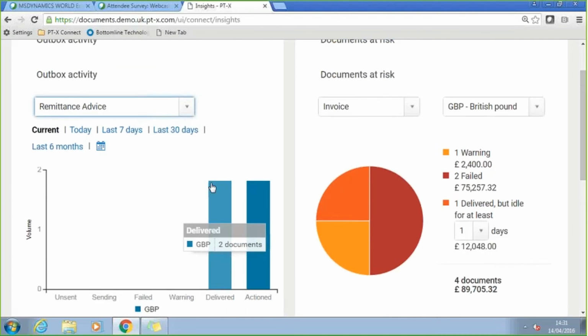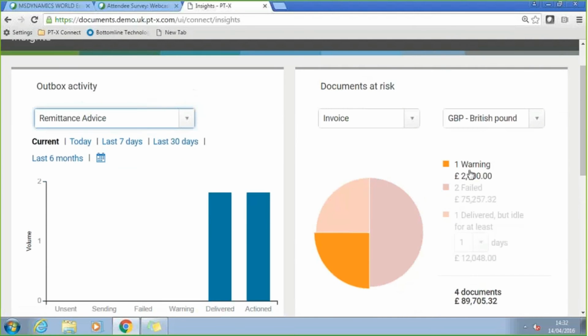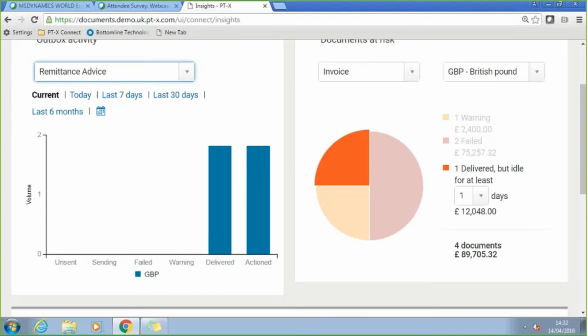Moving to the right, we've got a little bit more focus on documents we feel are at risk. So if it's an invoice, maybe that won't be paid. 3 things here: a warning, so any invoices that have been sent out where a message has come back that needs to be looked at. Any that have failed, so here we have £75,000 of invoices that you're not going to get paid for unless you resolve them. And thirdly, this concept of it's been delivered, but it's also idle, it's not being actioned,